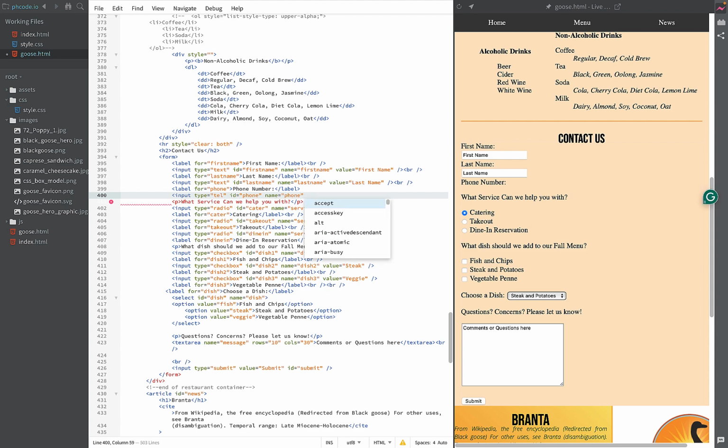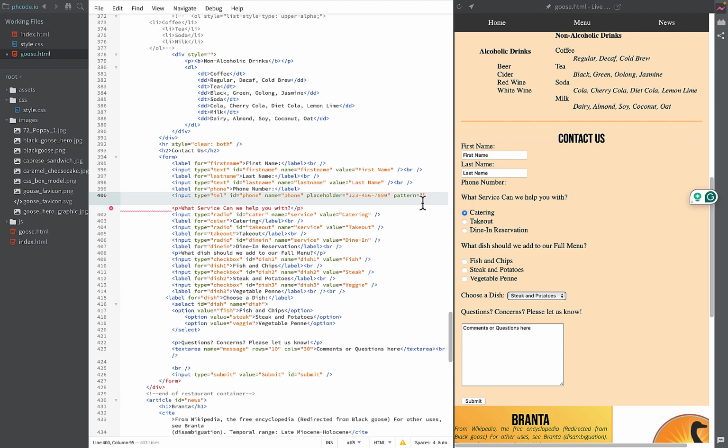I'm going to set the placeholder text to being 1, 2, 3, 4, 5, 6, 7, 8, 9, 0. So that way we've got an area code, 3-digit, and then your 4-digit. And then I need to set the pattern for what it allows people to type in there. The pattern is going to be,